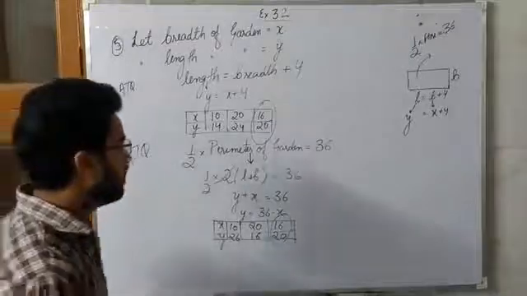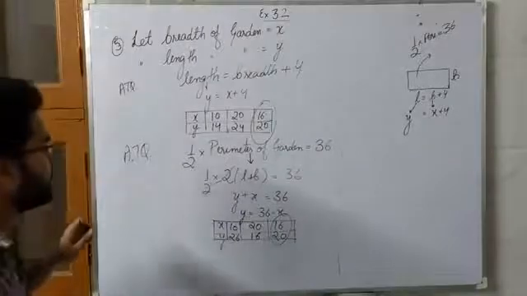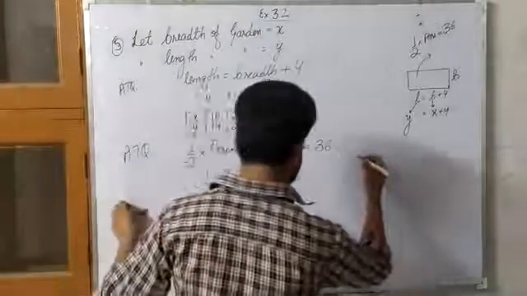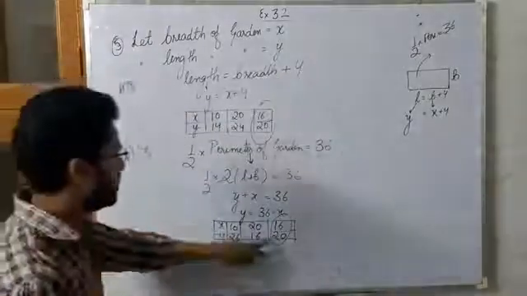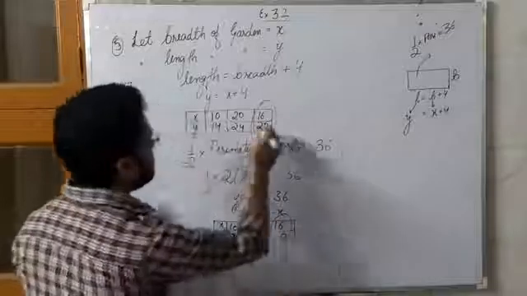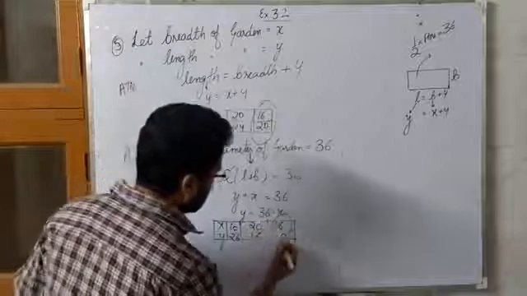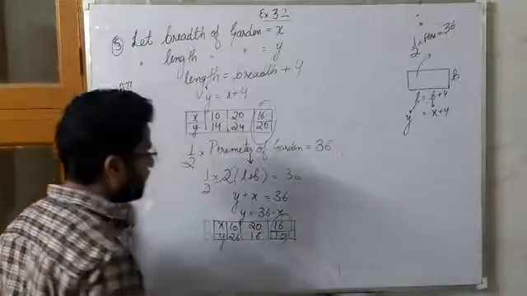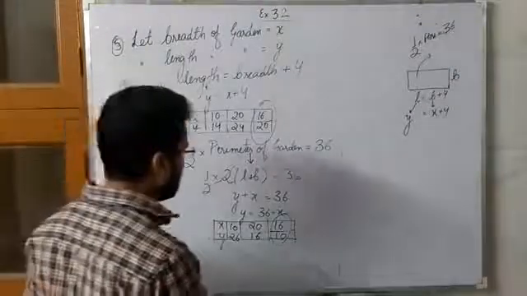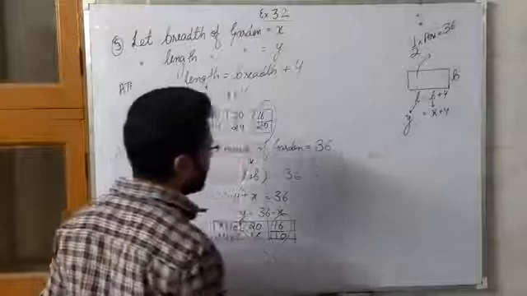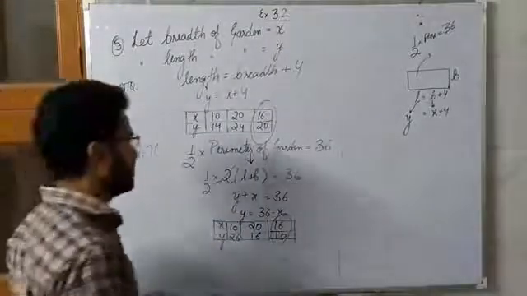So I hope you can draw the graph yourself. When you draw the graph, this will not be 20. This will be 16 plus 4, which is 20, and when you put 16, it will come out to be 10. 16 and 10, right? So you need to draw the graph first of all, then you will be able to find out its solution. I hope you can draw its graph yourself.